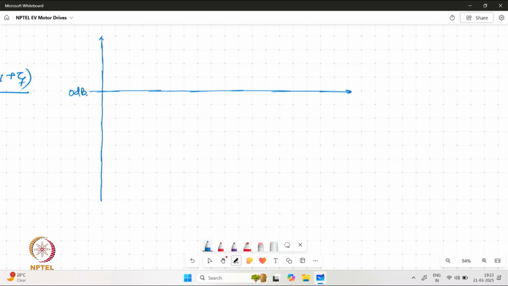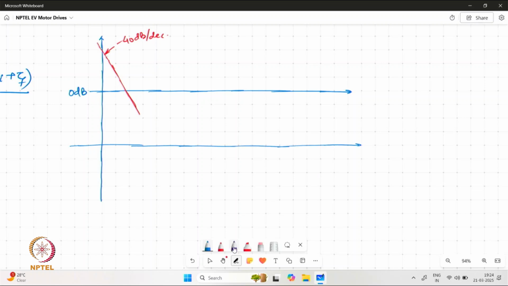So we have the Bode plot for the open loop transfer function, where we have the 0 dB line, and the magnitude plot would start with a slope of minus 40 dB per decade because of the presence of a double pole at the origin. If there is no correction taken, this is going to cross the 0 dB line with a slope of minus 40 dB per decade,